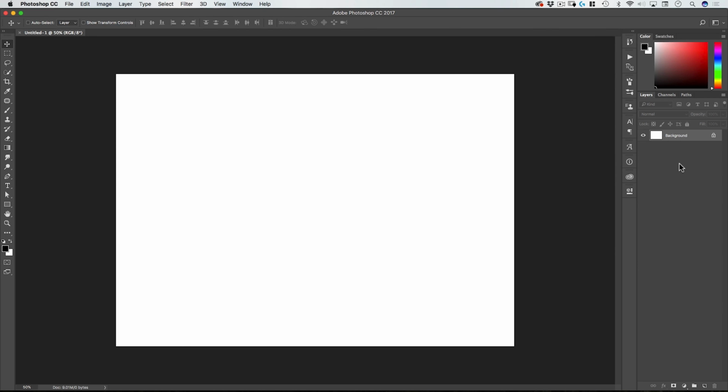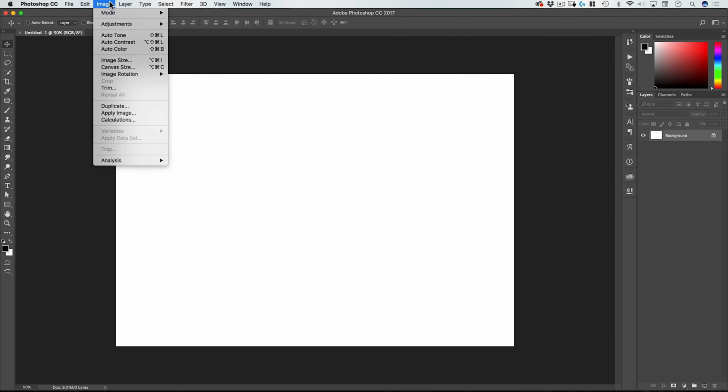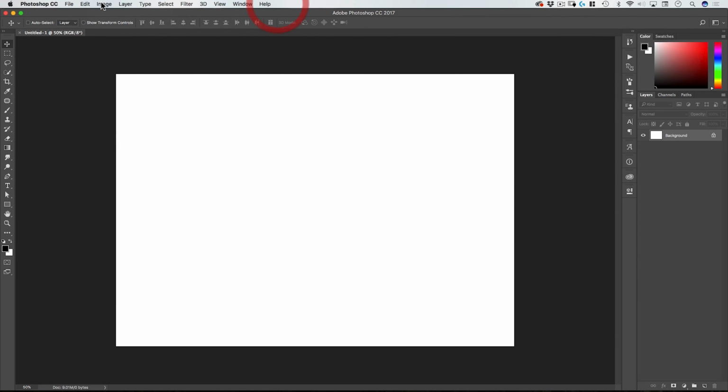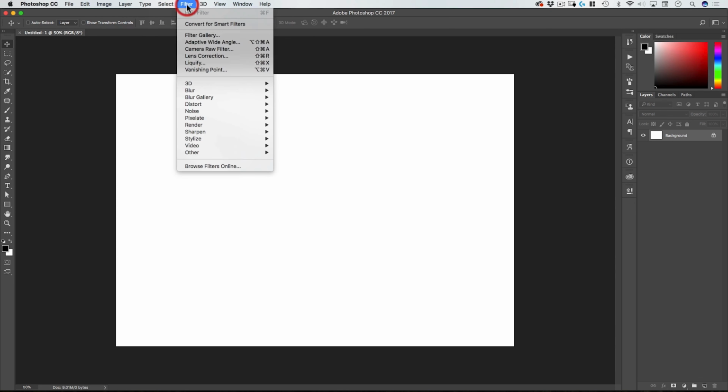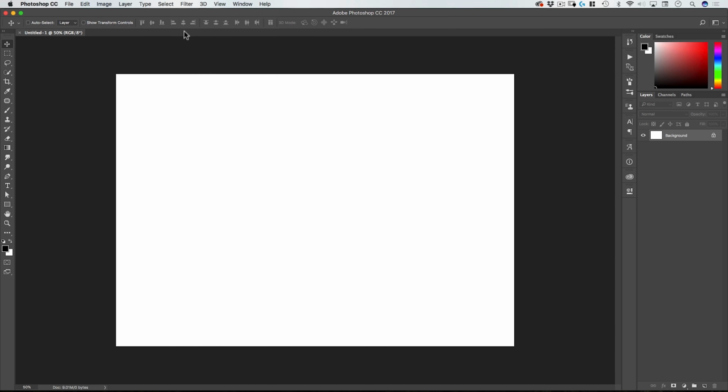Many of which you can also access through shortcuts and through various palettes, but this is a way to find all your tools in one place and also, if you're not familiar with Photoshop, it may be more intuitive to look here. So if you're doing something with a selection, you would go to select. If you want to add a filter, you go here and so forth.